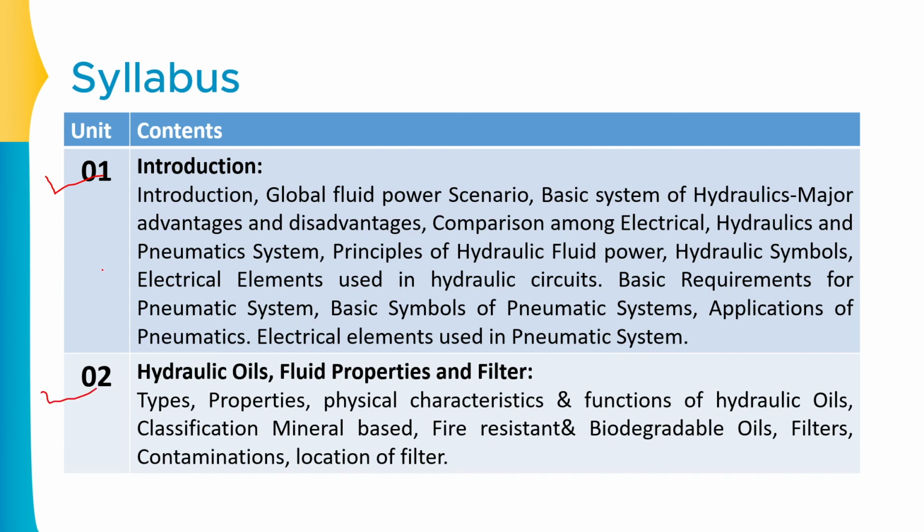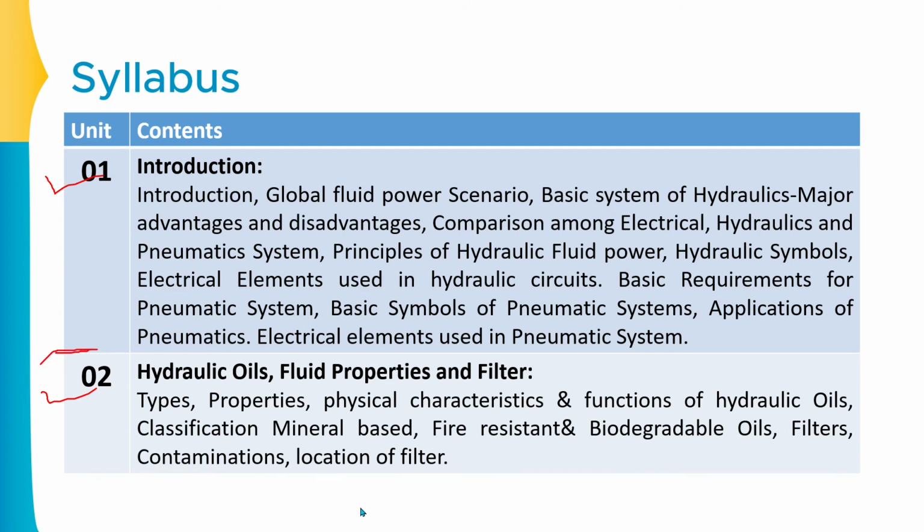In the second part, which is called the hydraulic oils, fluid properties and the filters, in that specific part we are going to learn about the hydraulic systems. We will be understanding what kinds of oils are available for fluid transmitting systems, what should be the ideal properties of those fluids, what are the types of filters, and what are the locations of filters which are available. Now basically filters are the filtration systems for the oils that we are using in the hydraulic system. So basically from the second unit we are going to start with the hydraulics.